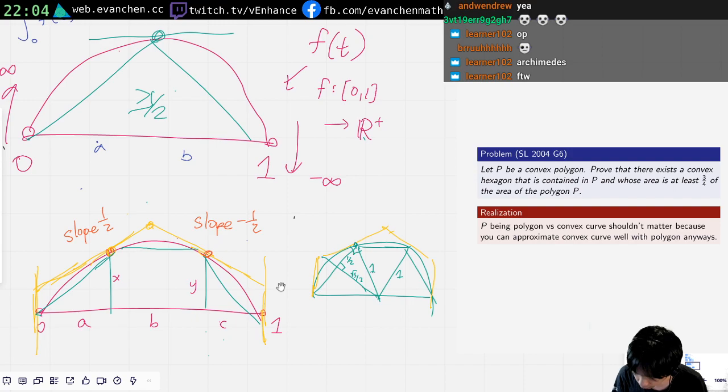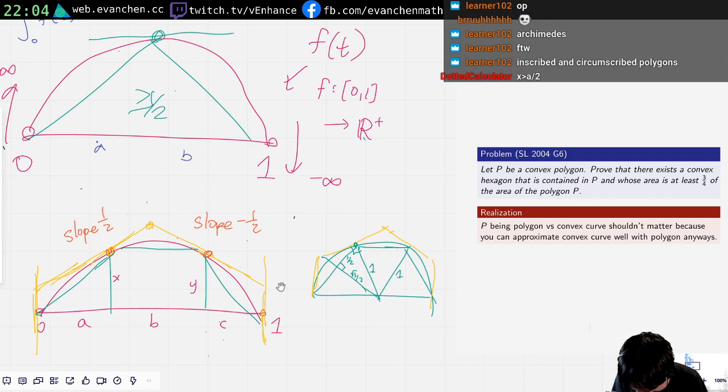So A is, maybe that doesn't even matter. Is it X greater than A over 2? Doesn't feel like a very good bound though. Like somehow I want to show the